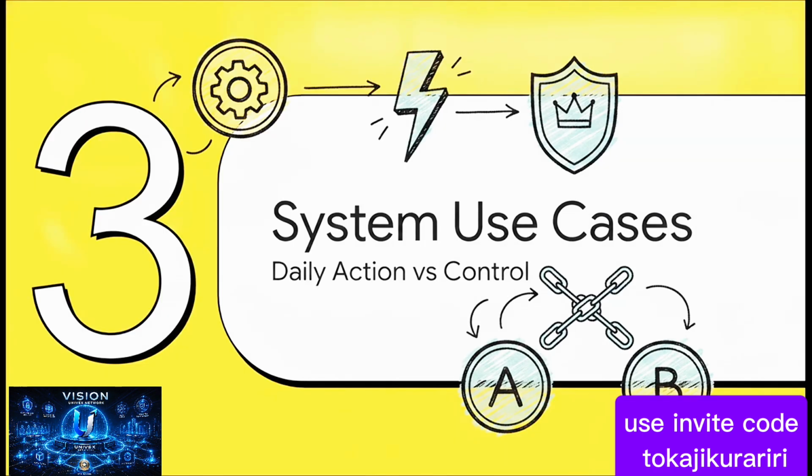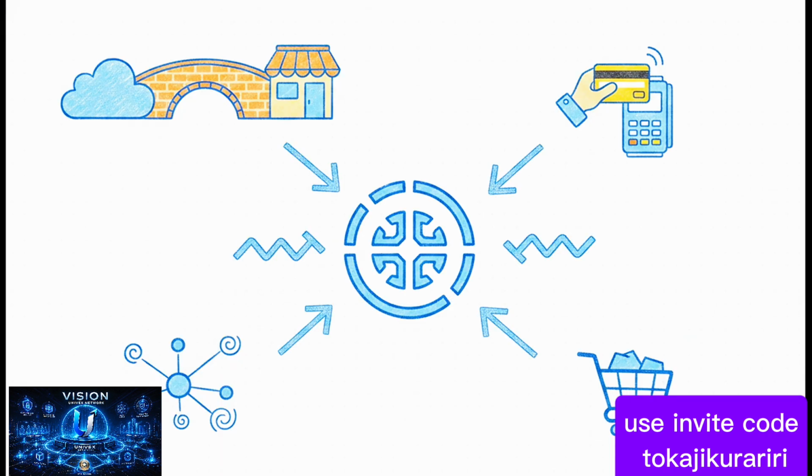Next up, Section 3, System Use Cases Compared, Daily Action versus Network Control. This functional divide we've been talking about gets super clear when you look at the actual mechanics of these tokens. UVX is your daily driver. As the white paper